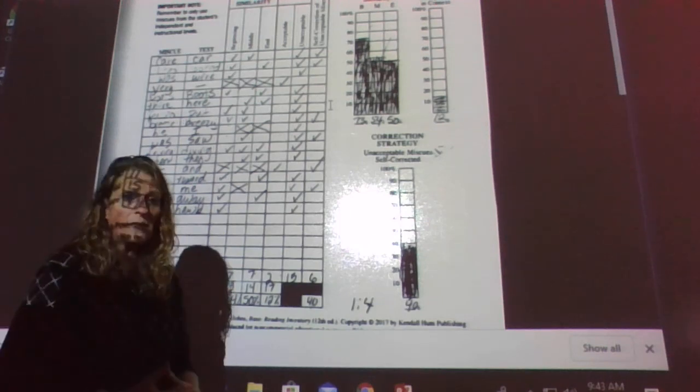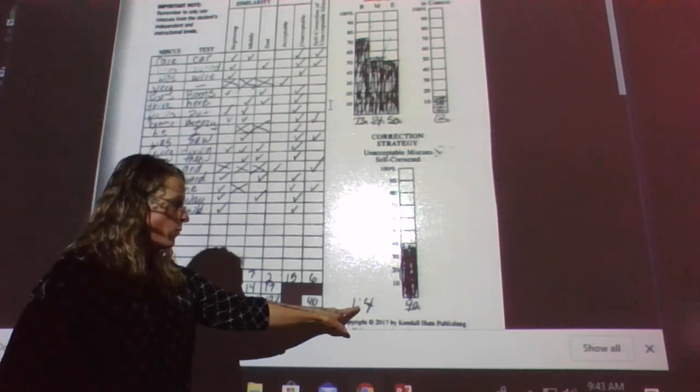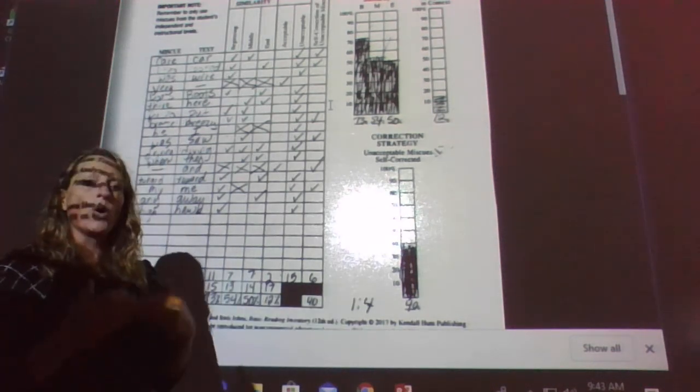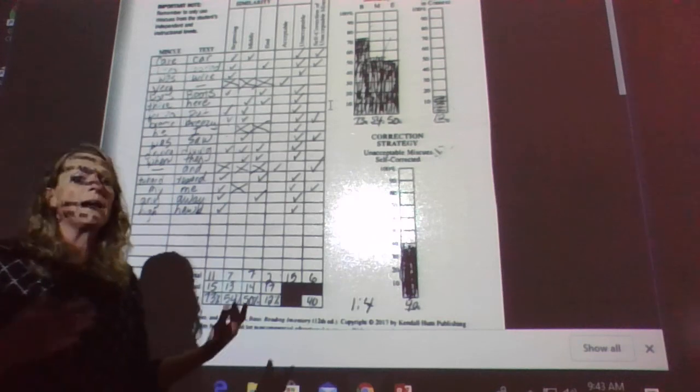So 40% of his errors he did self-correct, which isn't terrible. That does give us a 1 to 4 ratio, and we talked before about the lower the ratio, the better when it comes to error. For every 4 errors, he made 1 self-correction. So it's not a terrible self-correction rate, but we definitely want to lower that and reduce the number of initial